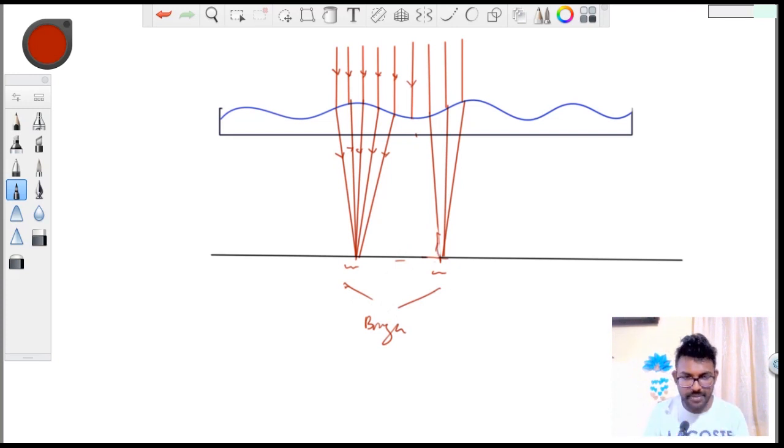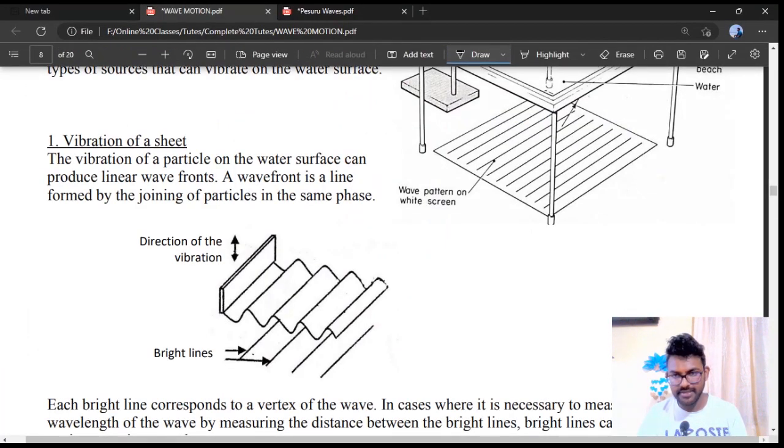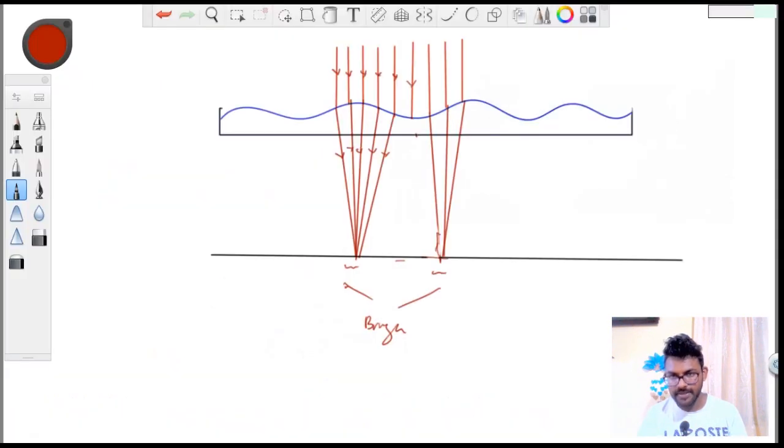So each bright region corresponds to a certain crest on the ripple. You can sketch this one. You can pause the video and sketch it in the space provided there. I'll just leave it here. Pause the video and you can just draw it. Okay, then